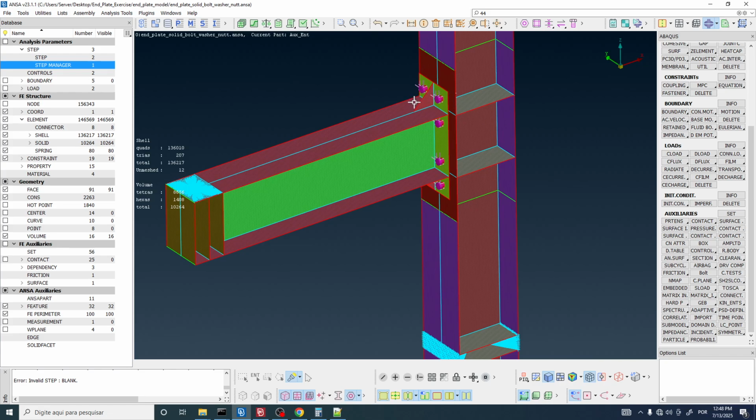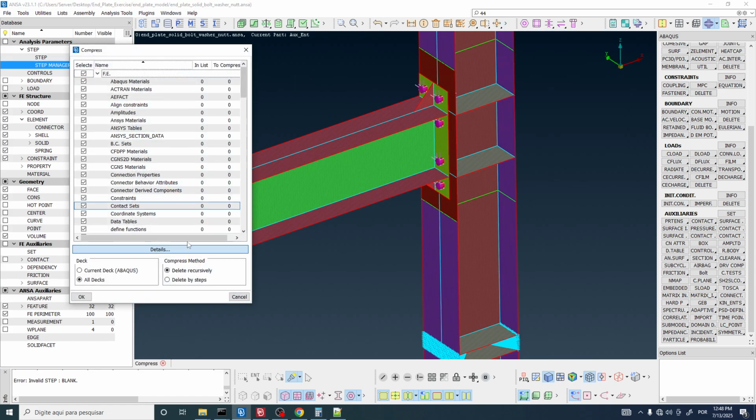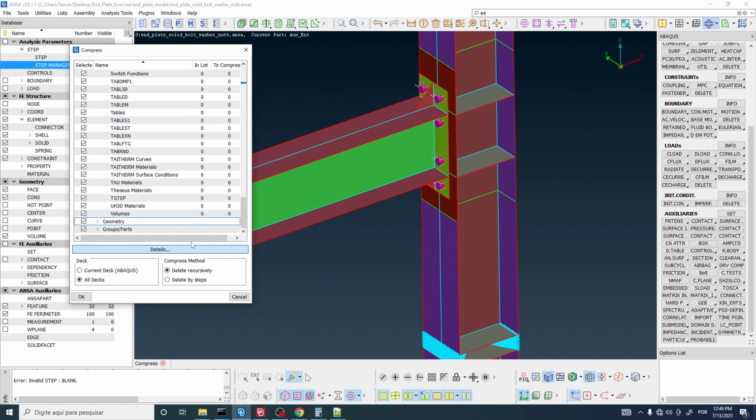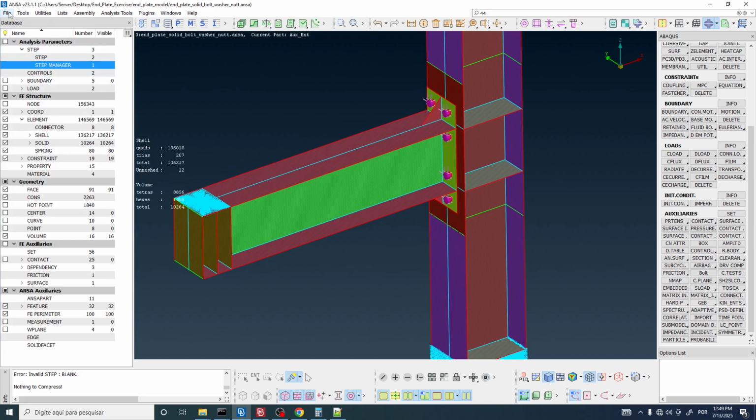Now we can, before outputting the .inp file, let's use the compress function. Compress. Select detailed here to see what is going to be deleted. Alt X and check this box. And then scroll down and looks like nothing's going to be deleted. Okay, it's always a good idea to apply the compress function before outputting the .inp file. Now let's click on